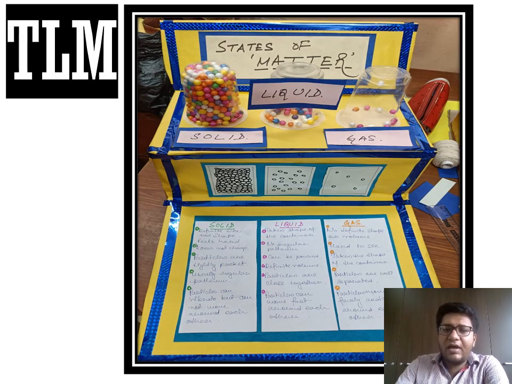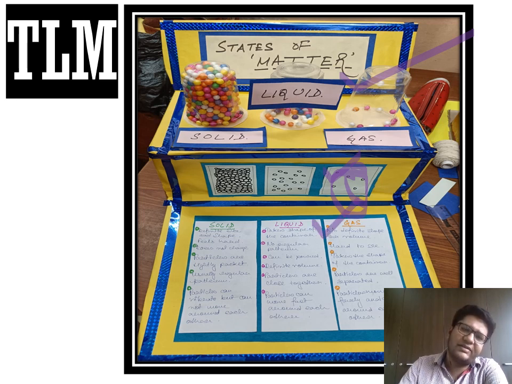Moving forward, here in this teaching aid, as we can see in this last glass, there are hardly a few molecules and the number is very less. In the intermolecular diagram also, there is the least number of particles we can see, and there are huge gaps between the particles, so that they can move freely inside the space. And like the last two types, here also I have jotted down the characteristics, which you can refer to later